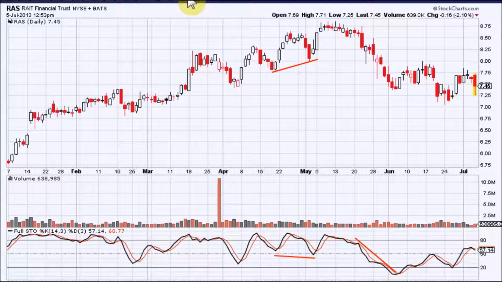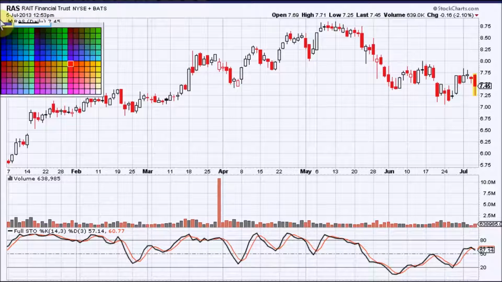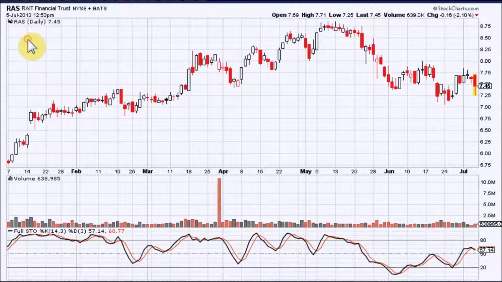Let's talk about bullish divergences. We've got one of those going on right now. A bullish divergence is when the lows of the stock price are lower but the highs on stochastic are higher